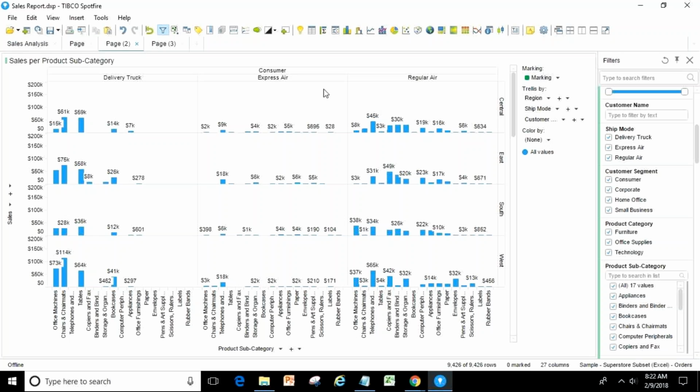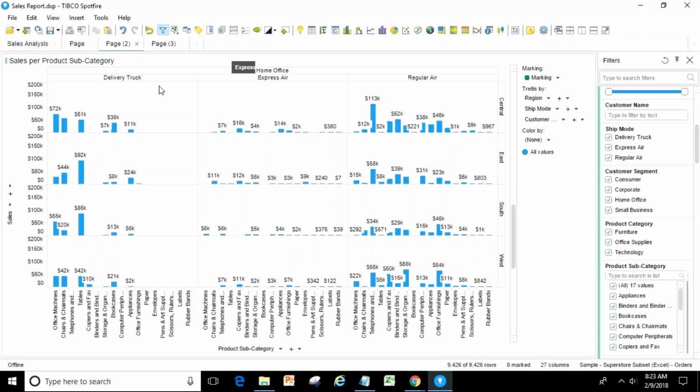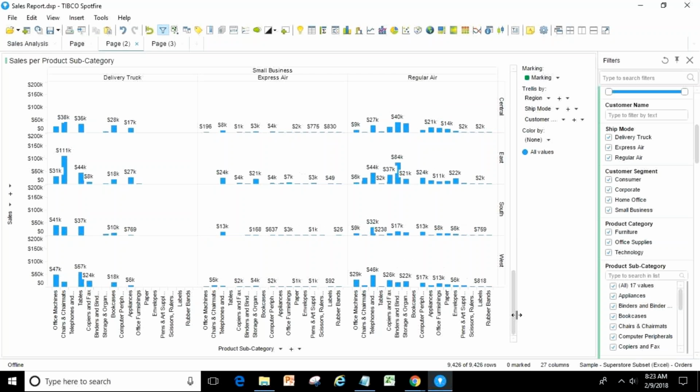So whatever numbers and results you see here are for the consumer segment. Just scroll down: bars change, numbers change. This is for corporate, this is the page view. Just scroll down, this is the home office view. Numbers and everything is changing, buildings changing, everything. And then express here. This is for small business. So this way, I got four different pages based on my customer segment.